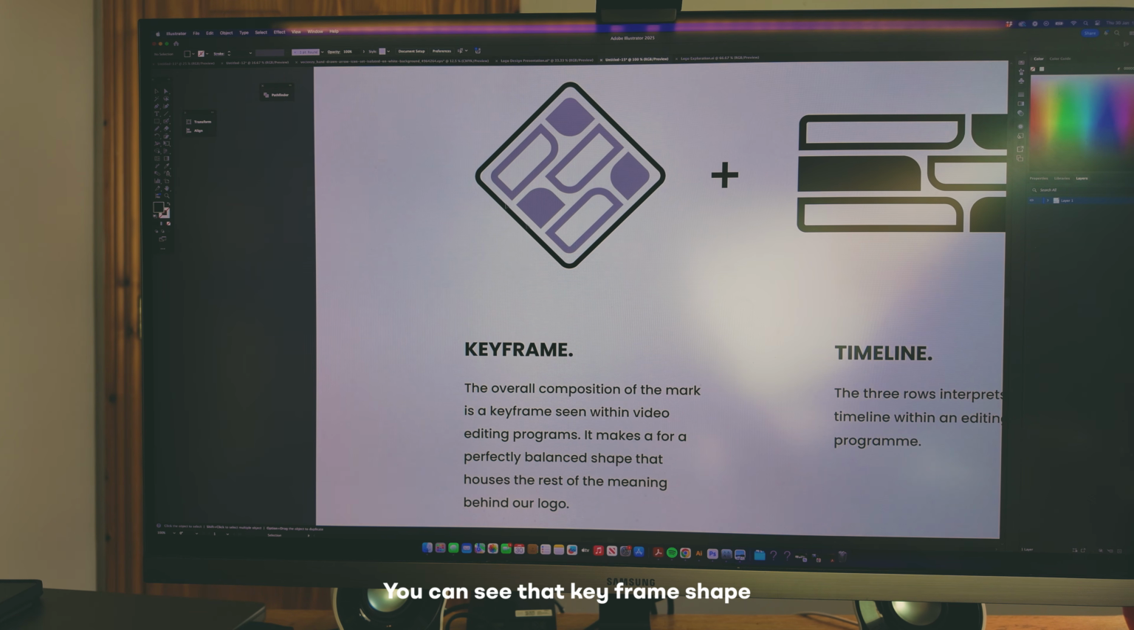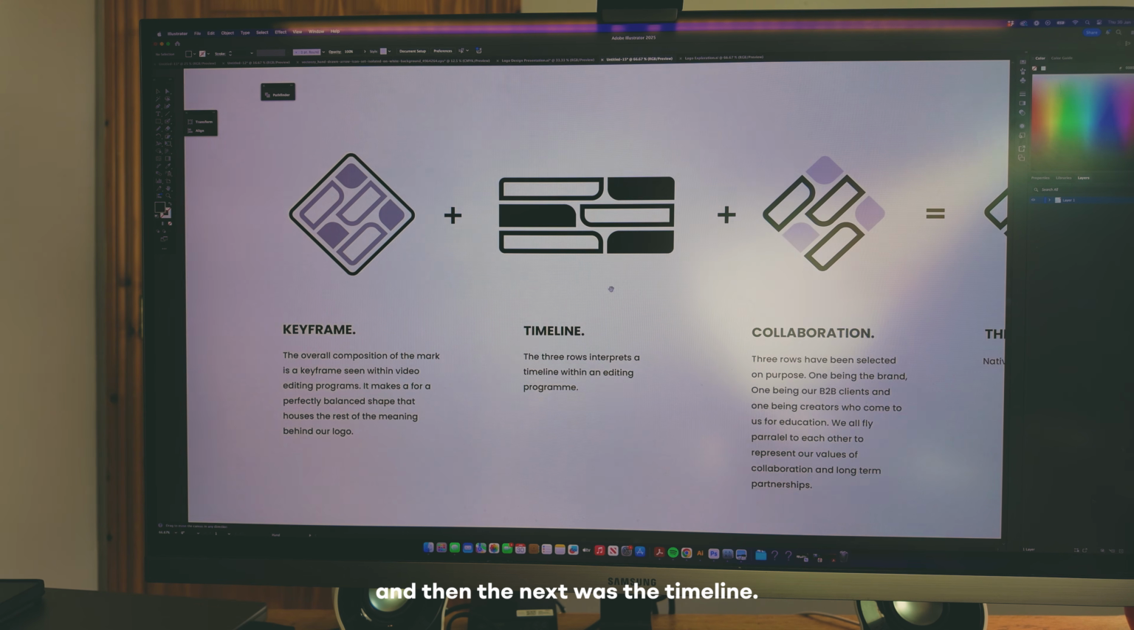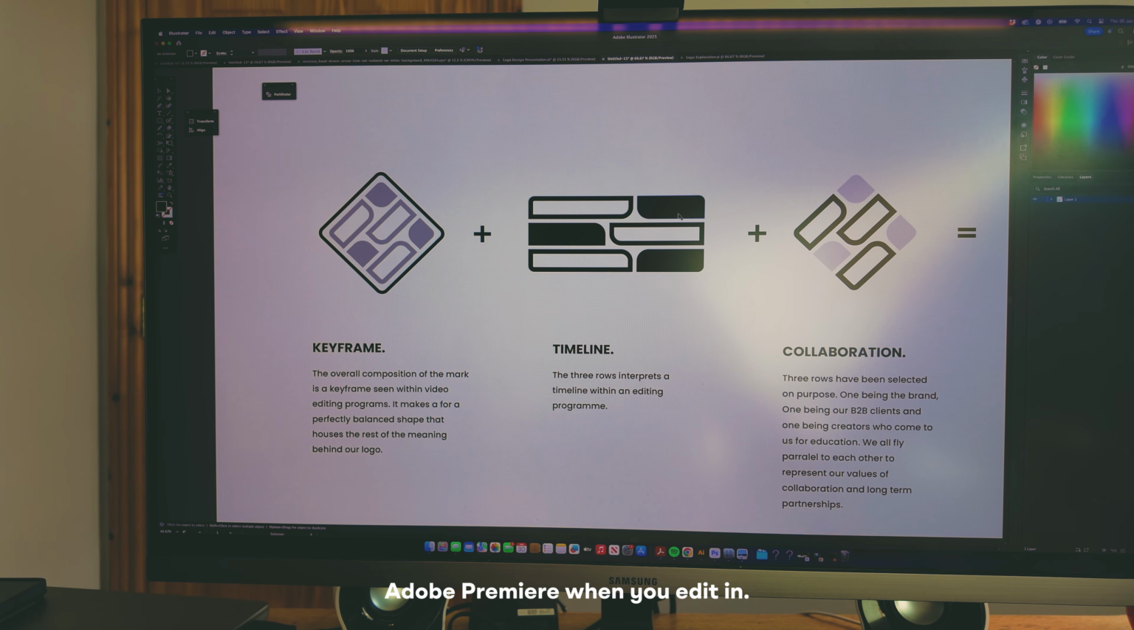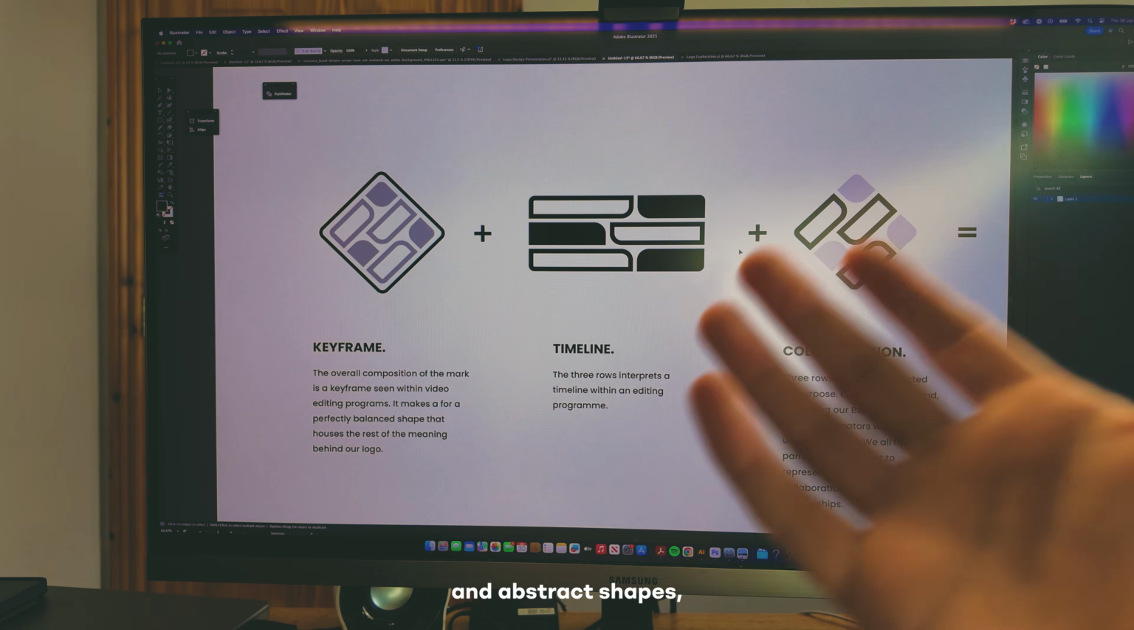You can see that keyframe shape you'd see in Adobe After Effects and Premiere Pro. And then the next was the timeline. You'll be able to make sense of it now. I bet you're thinking, oh yeah, this is all making sense. It's a timeline you'd see in After Effects, Adobe Premiere when you're editing. And the whole shape to it, the geometric and abstract shapes, represents